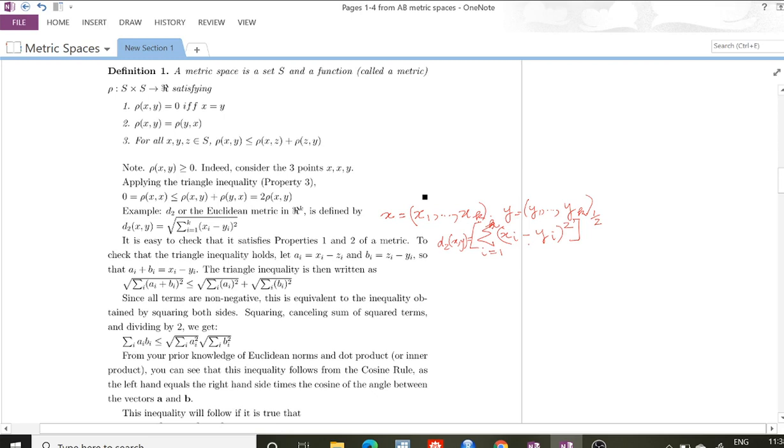And the third property of a metric is the triangle inequality. So it's claimed that the Euclidean metric satisfies the triangle inequality. Okay, so if we try and write that out in full, it'll be a mess, but let's try and do that. So the triangle inequality will be